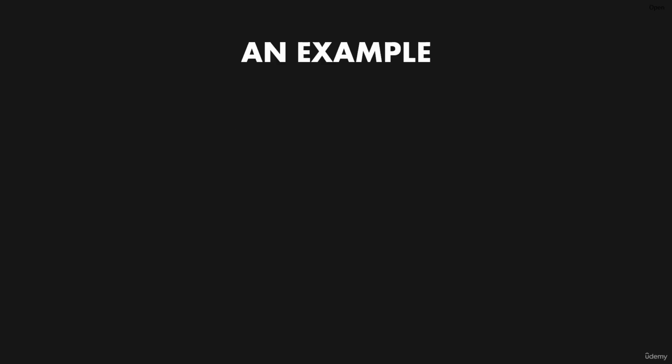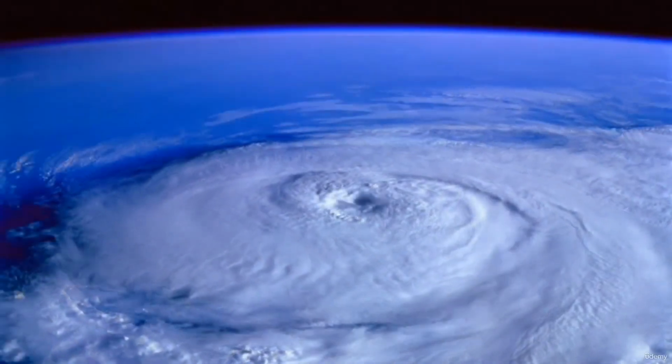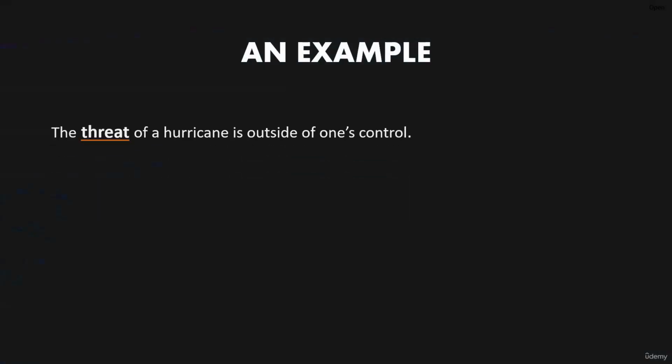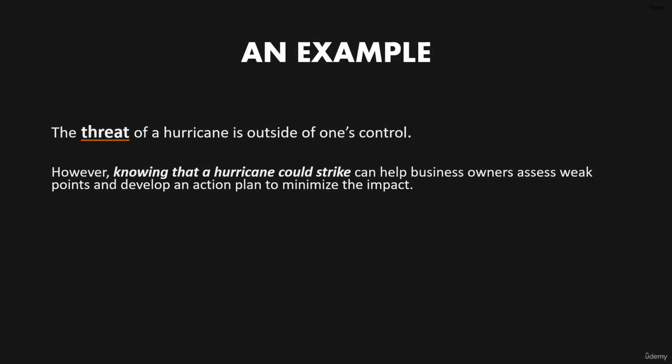Let's look at an example of something not related to IT to better understand the meaning of these three terms. We're going to talk about hurricanes. The threat of a hurricane is outside one's control. However, knowing that a hurricane could strike can help business owners assess weak points and develop an action plan to